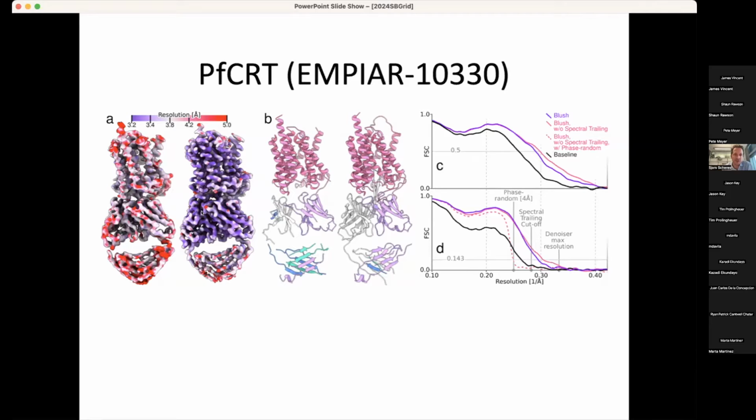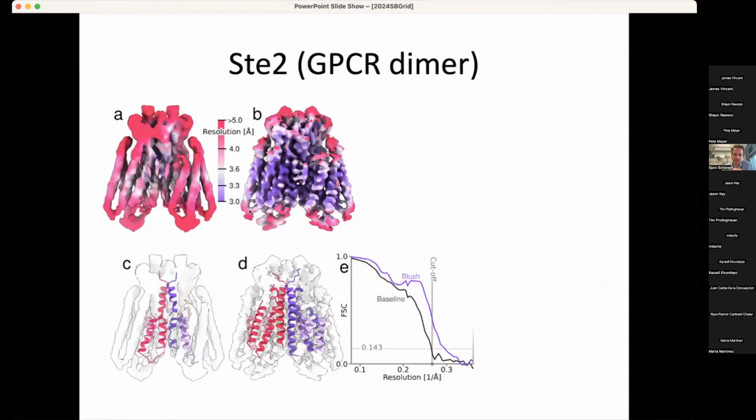And we now measure this not only by FSC curves, which you can see here on the right, but also by how well our automated model building program, ModelAngelo from Kiarash, is able to build in the Blush map compared to the original map. Another example is this GPCR dimer, C2, which has relatively little density sticking out of the detergent micelle.